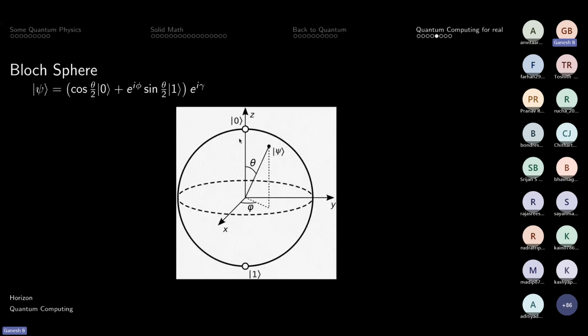But here they lie on opposite sides. The reason is this does not follow your Euclidean metric. This is a completely different way of looking at it. What it says is you have 0 on the north pole, 1 on the south pole, and if you vary theta and phi, you get these different points on the sphere. Each point on the sphere is a particular state of the electron. You would intuitively expect it to be a circle, but because we are dealing with complex numbers, you have this extra dimension.